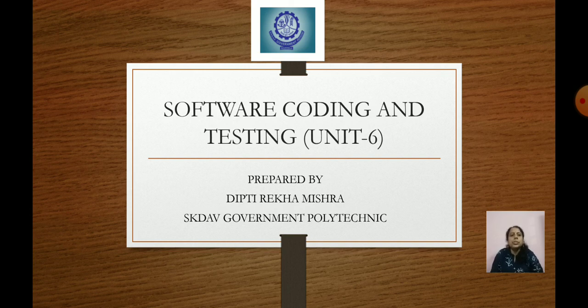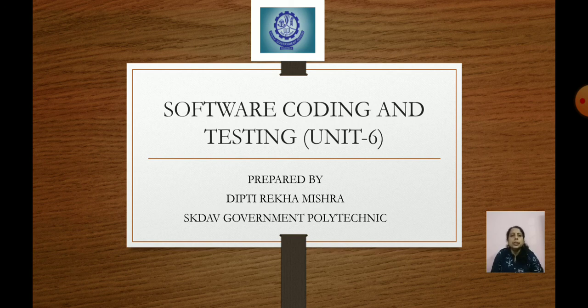And after completion of all modules, the modules are integrated in a planned manner, and the partially integrated system is also tested, that is known as integration testing. And after completion of integration, the fully developed software is also tested, that is known as system testing.